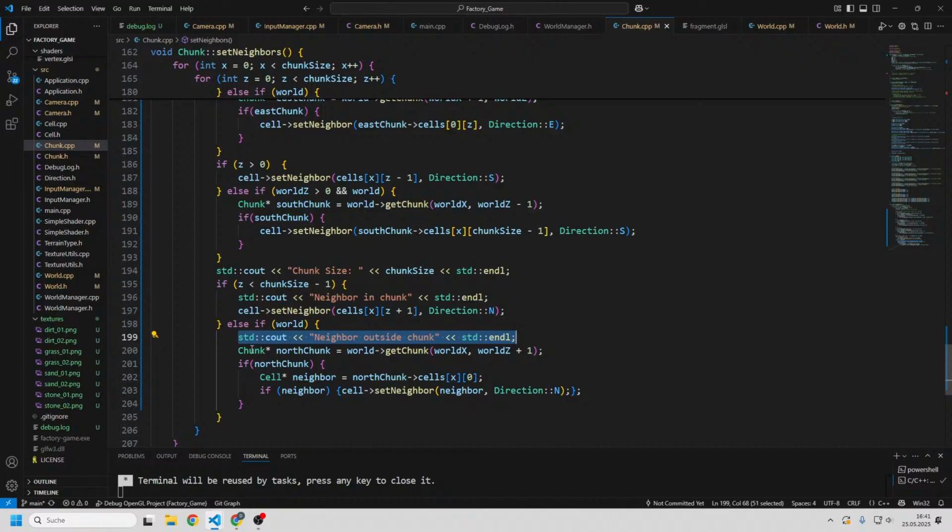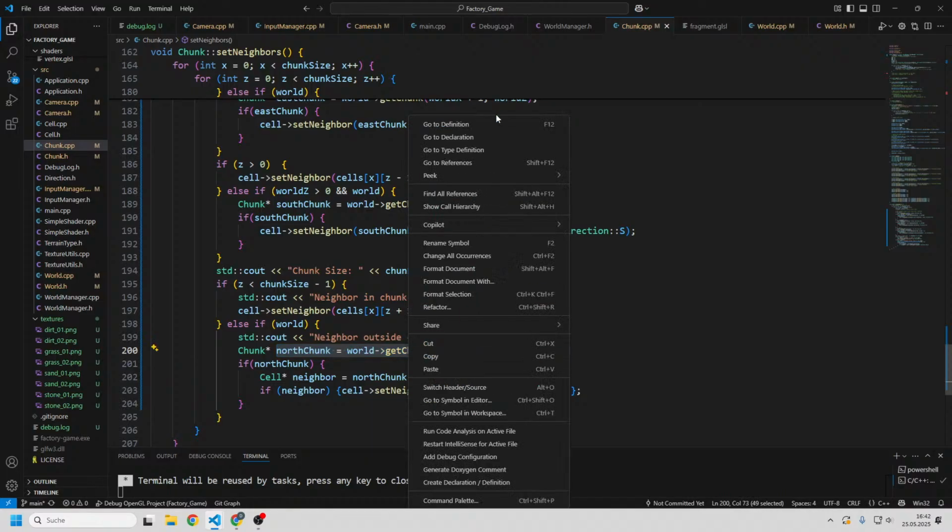or what we maybe should check is whether the chunk size, no, that should be definitely fine. If the z is smaller than chunk size minus 1, it's within, and if it's greater or equal to, then it's outside the chunk, and then we just want to see whether we have the world. If we have the world, then definitely outside the chunk, and we get our chunk. So let's say get chunk,